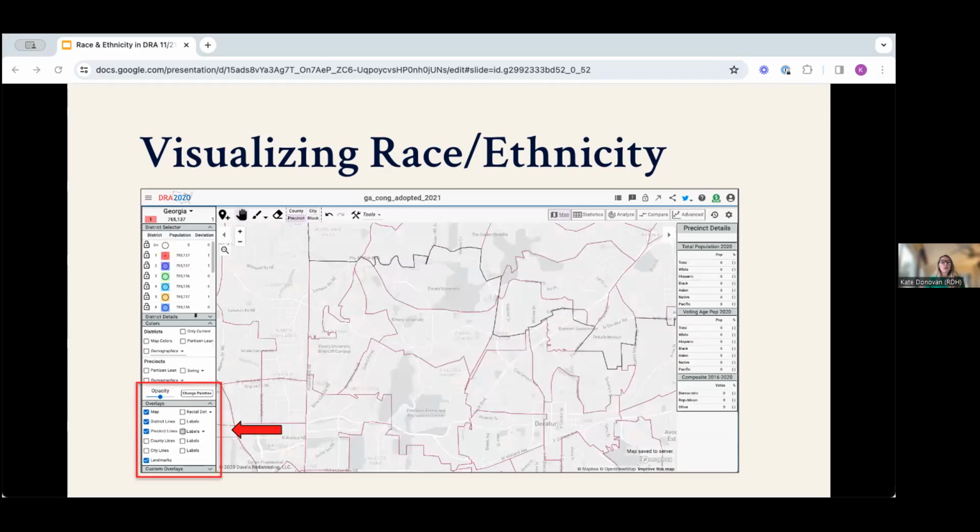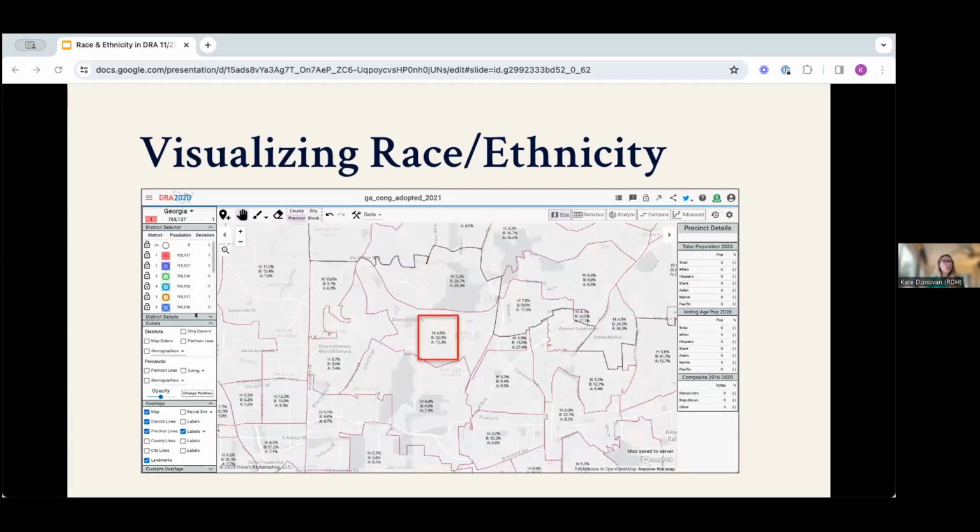So here under overlays, you can see the 4 label options. We're looking at the second one with the down arrow. You would click that, select 3 groups. In my case, I selected to show as percentages, and then you see them displayed for each precinct. I chose Hispanic, Black, and Asian, and you can see what percent of each precinct's total VAP or CVAP that a particular racial or ethnic group comprises.